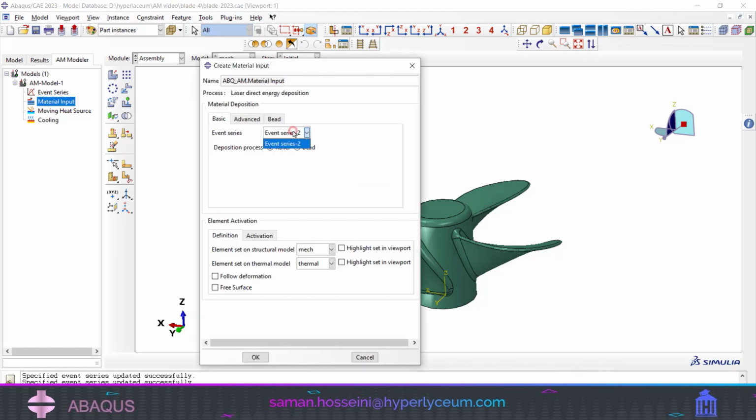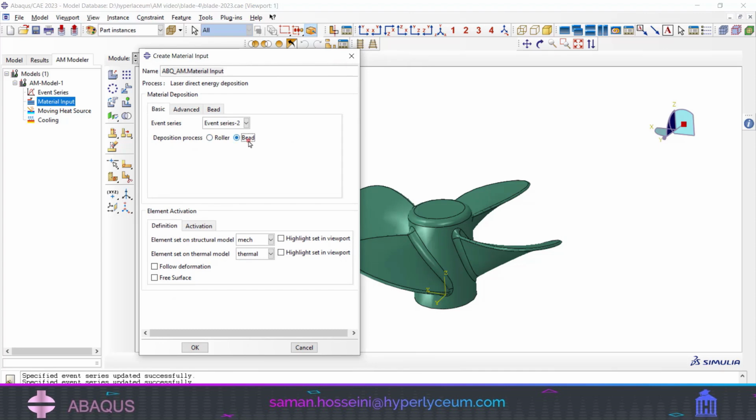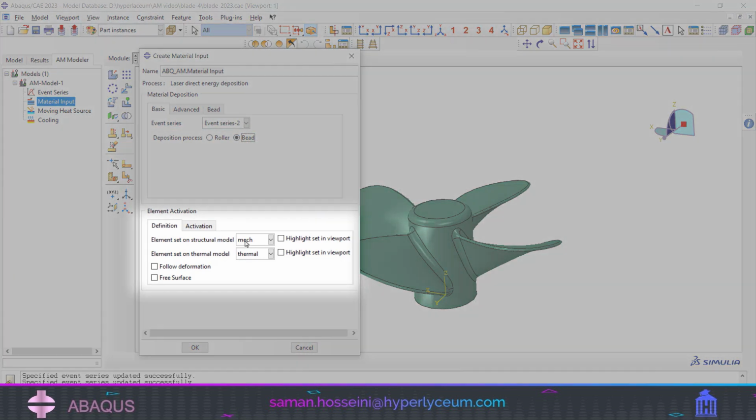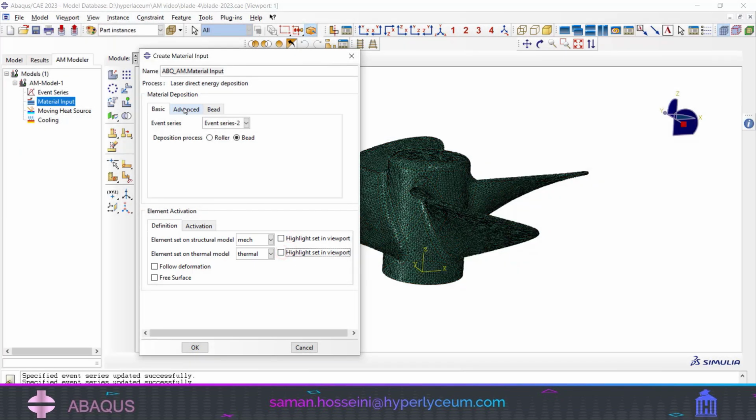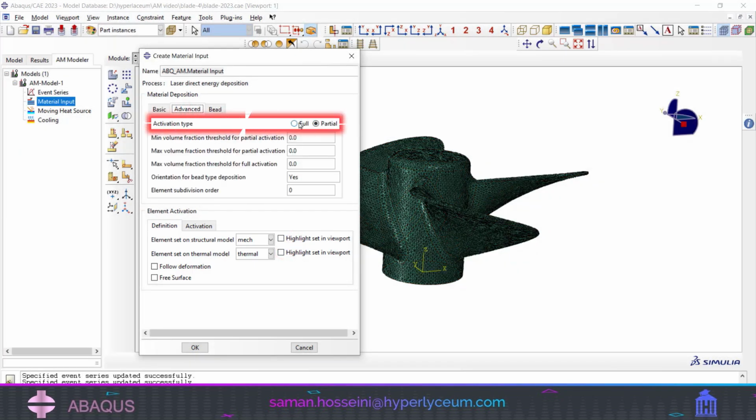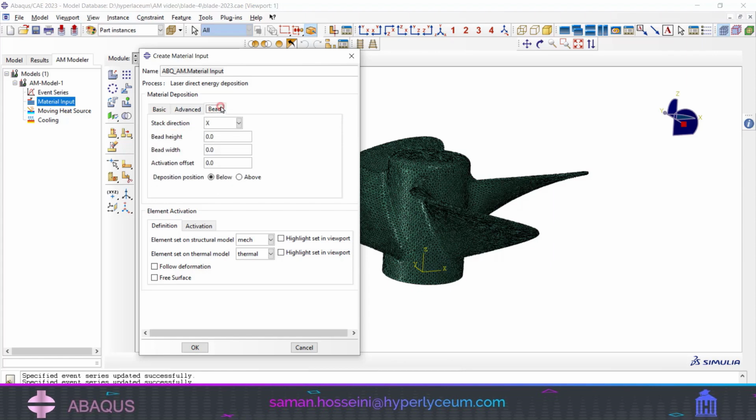Now, let's review the material setup. For the event series, the second event series was automatically selected. Here, I set the deposition processor to bead. The sets we created earlier have been automatically chosen because they were previously defined. I set the activation type to full and configured the stack direction for the structure to be added along the